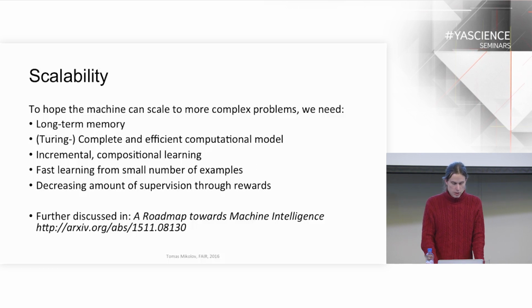And as I was saying before, learning from a small number of examples is also crucial. This is pretty much the objective function, to minimize the number of examples that the learner has to see before it can acquire a new skill. And that's also related to decreasing the amount of supervision. We as people have very little supervision coming in the form of a reinforcement signal, and we can still learn in a very unsupervised way. And it seems that AI will have to be based around similar concepts.